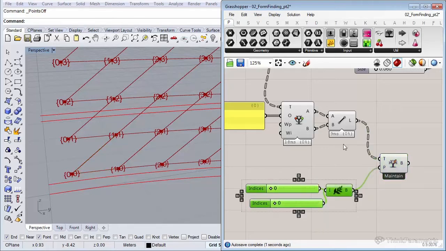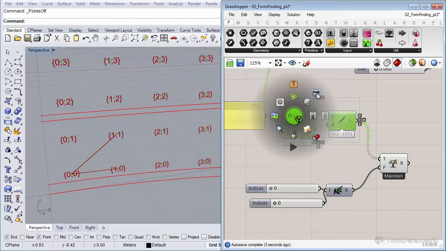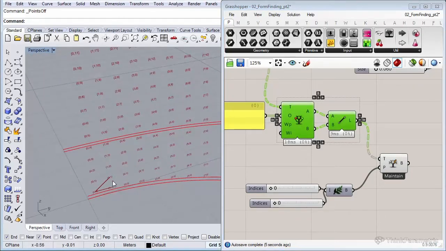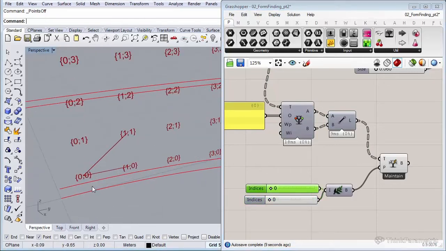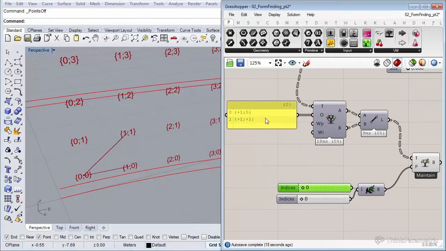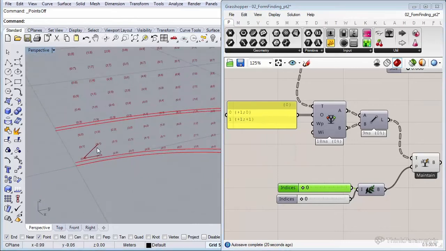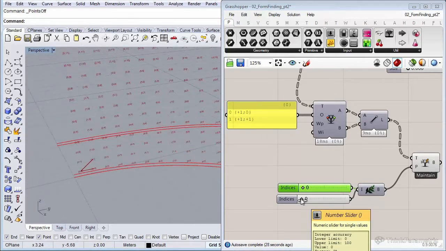So let me turn them all off. So now I've selected the very first tree branch, which is 0,0. So in 0,0, we have a line that goes to the right and one that goes diagonally up. Looking at our offset, that makes total sense.